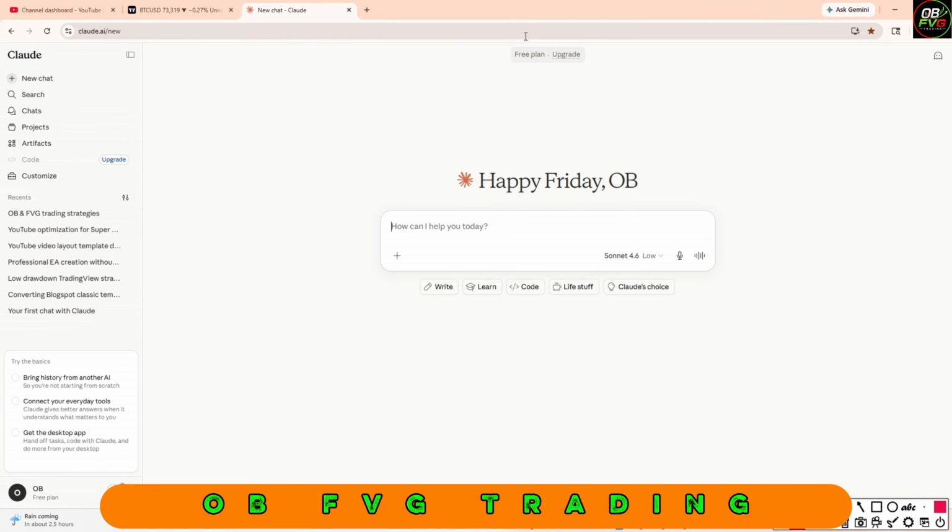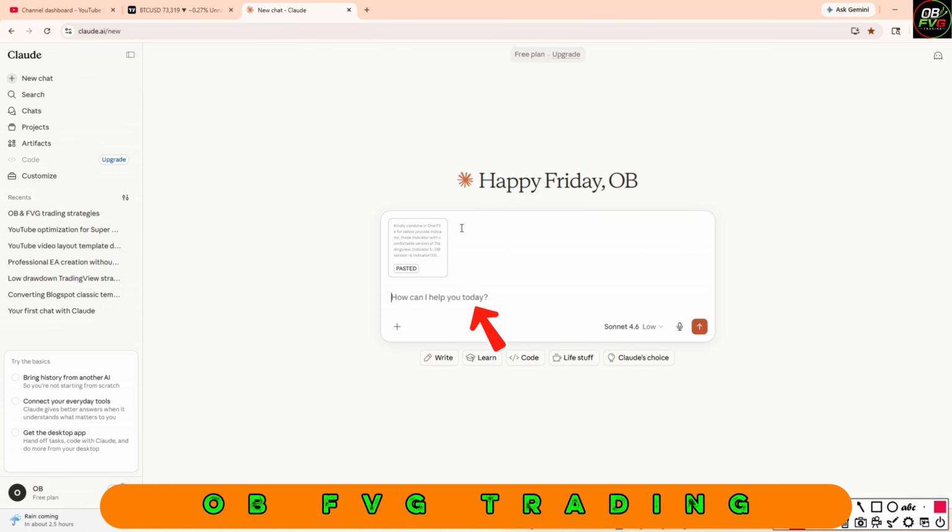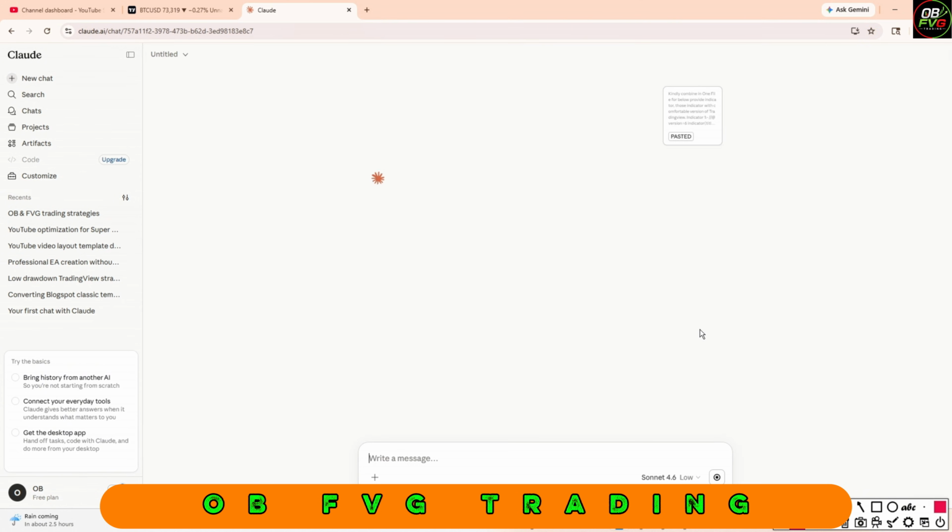This is basically my free plan. Now let's just paste it here. After pasting, we'll just hit enter. Once you press enter, the AI will first analyze the entire code, and then provide us with a single combined